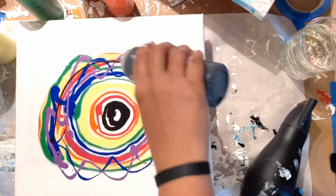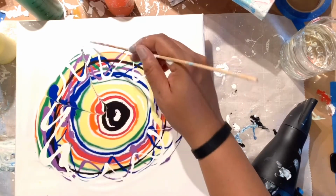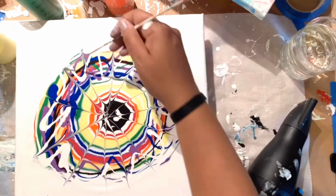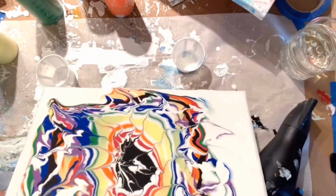And now I'm going to add some more black and a little bit more white. And now I'm going to take a skewer and draw some lines in there to sort of give it the spider web pattern. And then I'm just going to roll it around and spread it around, and I love how this